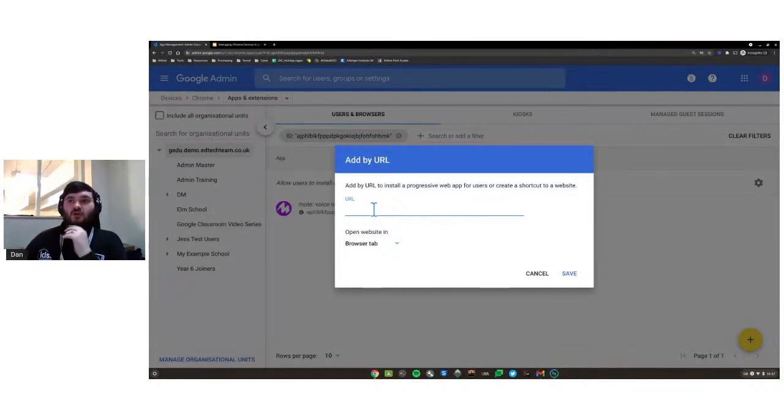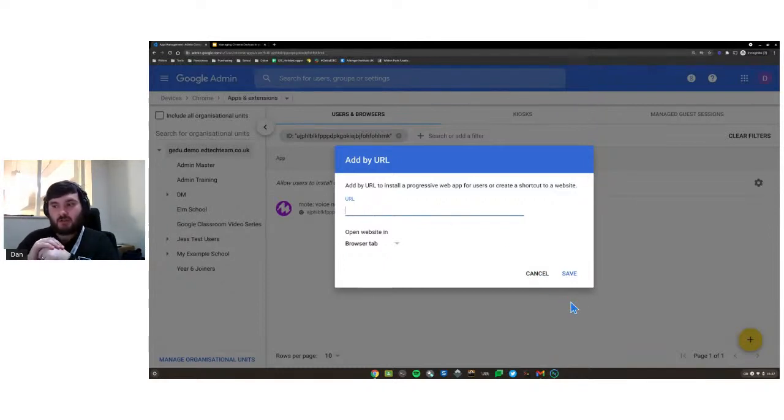So you may notice, in this case, obviously we're in the admin console, so you won't see it, but if you're ever on a website, in the address bar at the top, at the far right of the address bar, there's a little circle with a plus in it, and if you hover over it, it says install. If it has that, then it means it's a progressive web app. Then you can drop that URL into this box here, click save, and that's going to actually install the